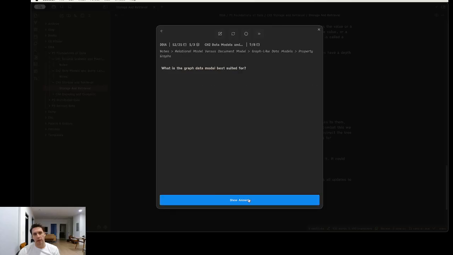What is the graph data model best suited for? Social networks, recommendations, network topologies. Fine. Compaction is